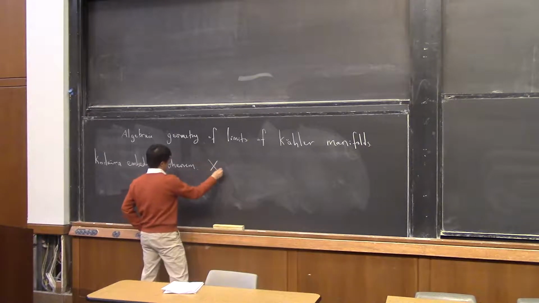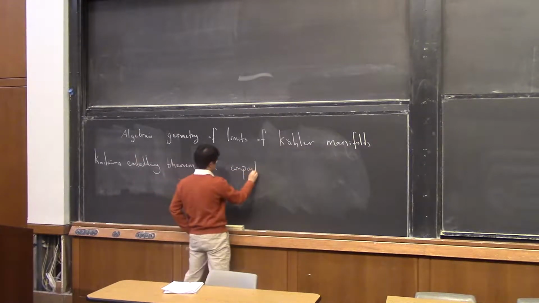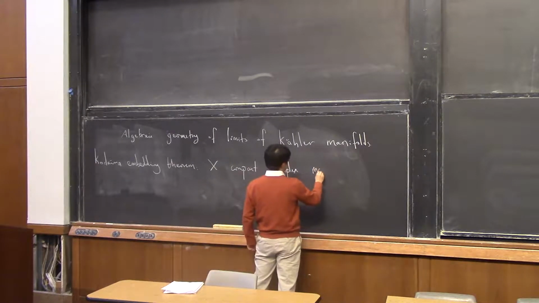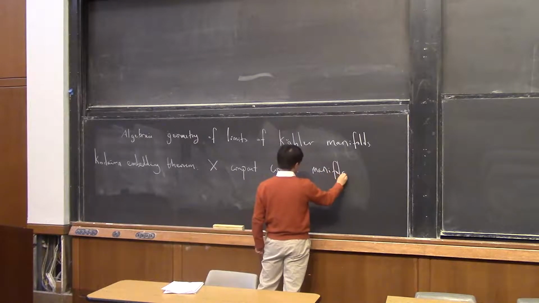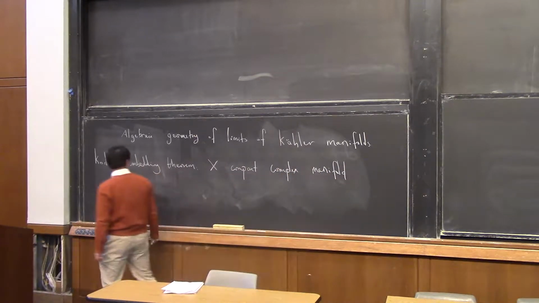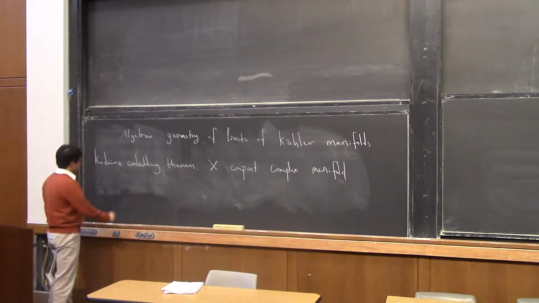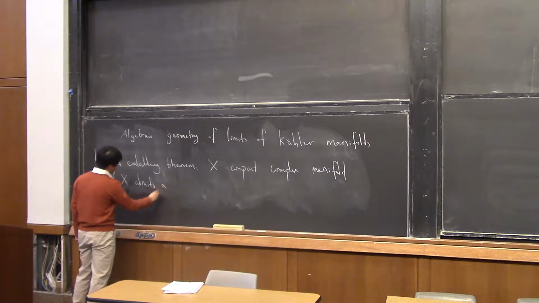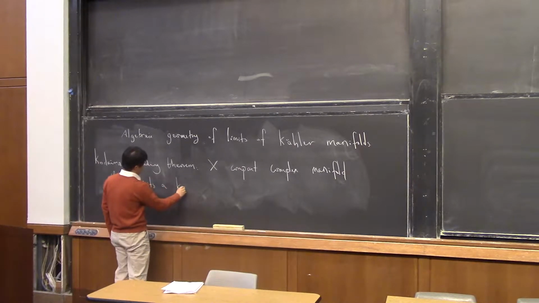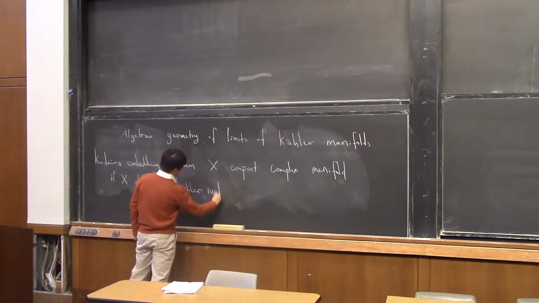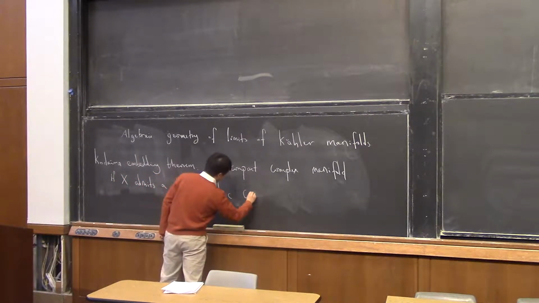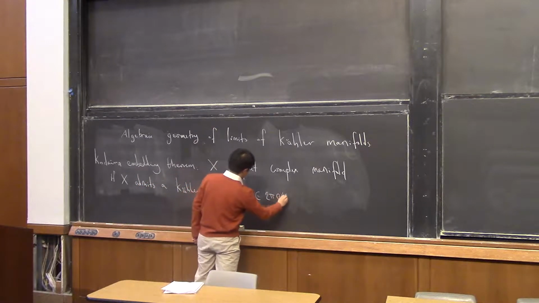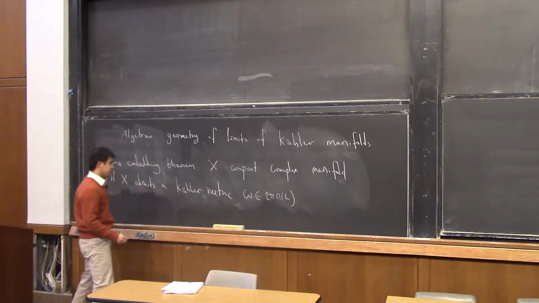So if X is a complex manifold, and if X admits a Taylor metric omega, which is integral, in the sense that it's in the first Chern class of some holomorphic line bundle L,